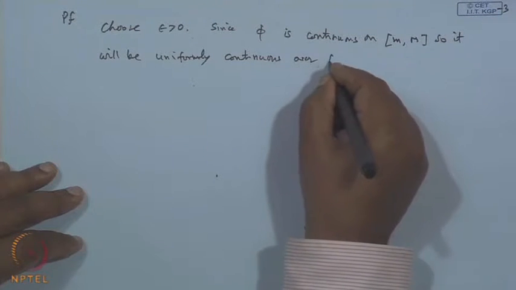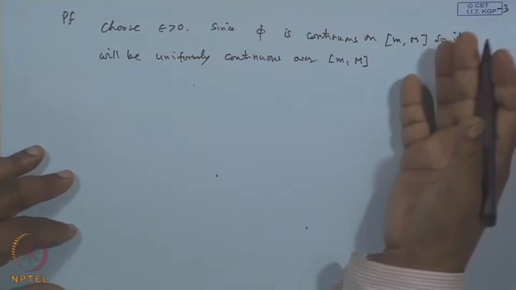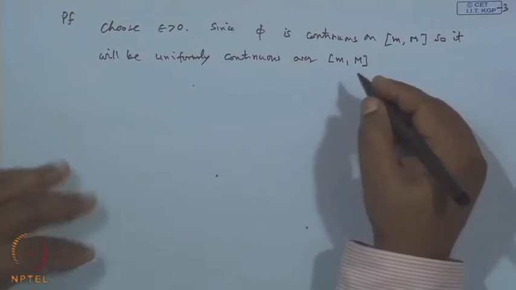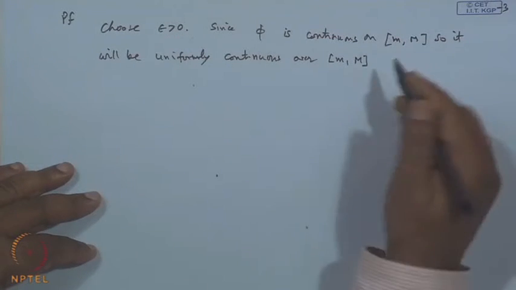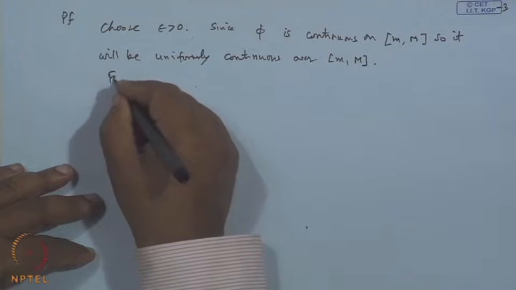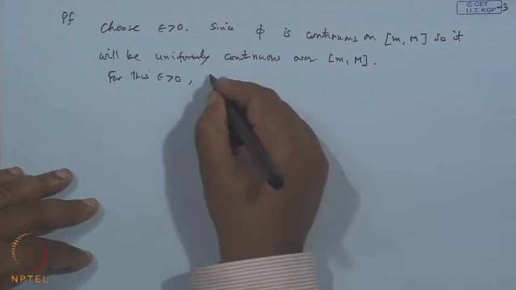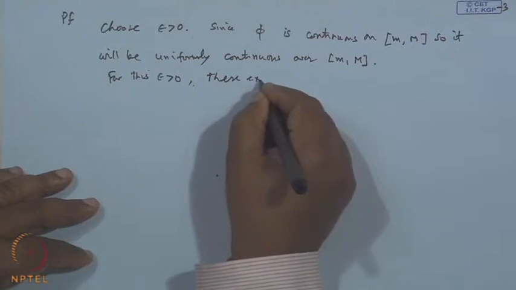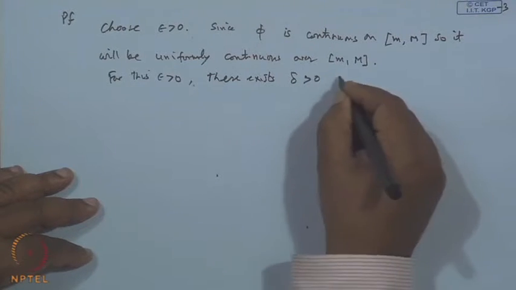Over this interval m and capital M, because every continuous function over a compact set is uniformly continuous. So, by definition, epsilon we have already chosen. So, let us choose the delta. So, for this epsilon greater than 0, which is chosen earlier, there exists a delta greater than 0 such that